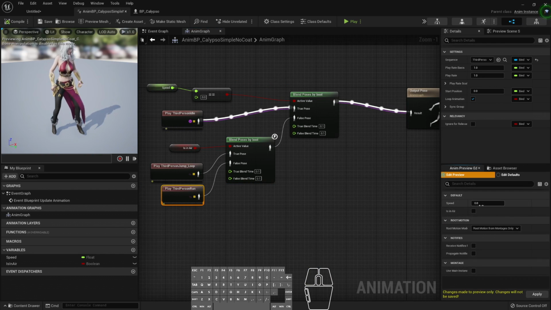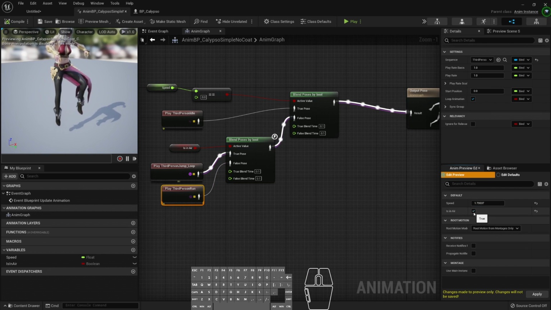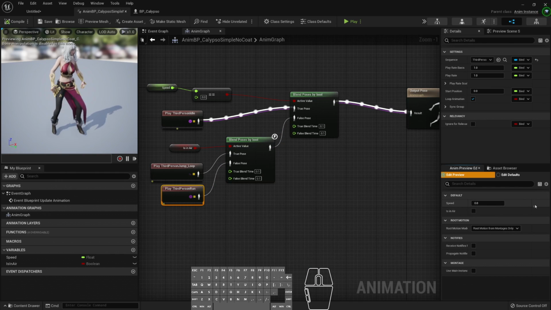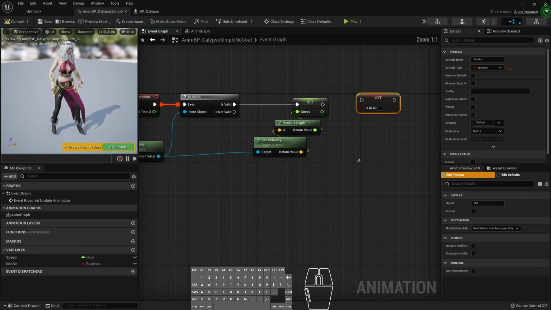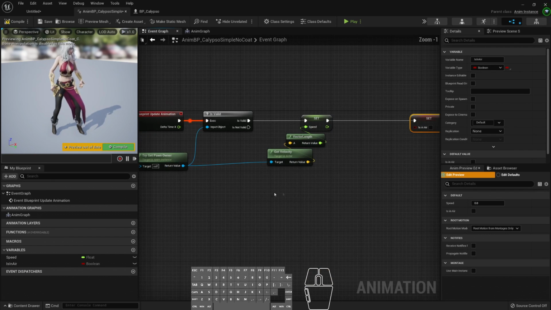Let's connect it like this, and let's compile it. Now, if our speed is greater, it will play our run, and if we're in air, let's check it, it will play this loop. If we stop being in air, then it goes back to the running animation, and it's already solved, right? We could also set it up for the preview. We just put it like this, and if you know something about the classes in Unreal,